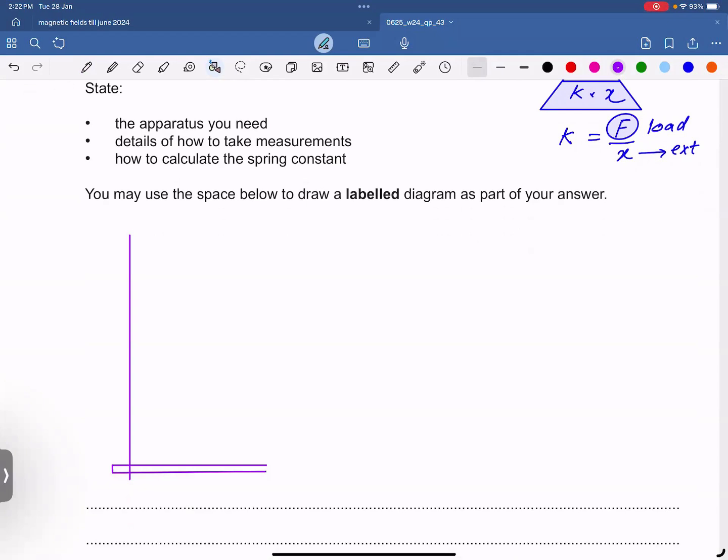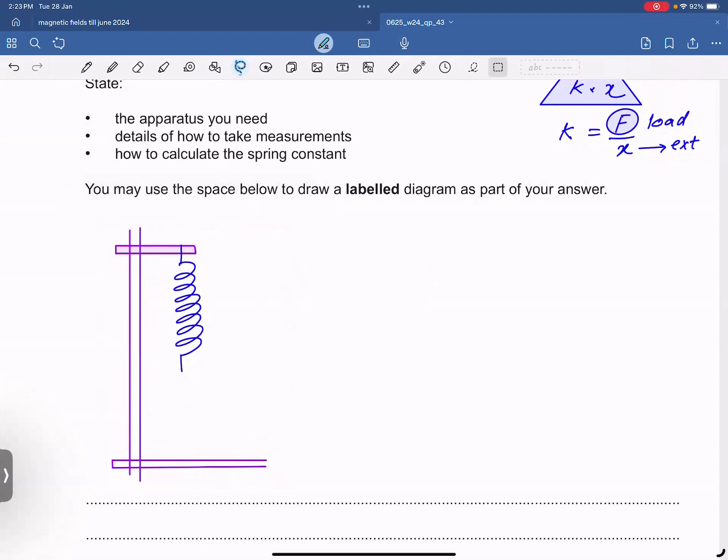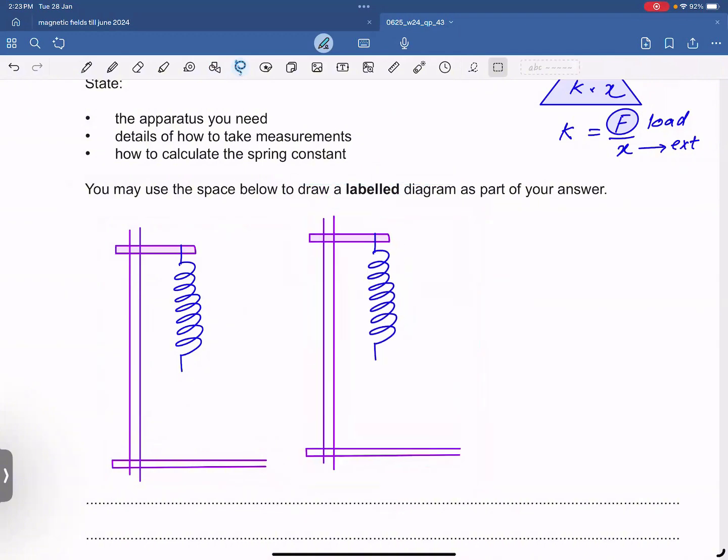Like that. And over here also, with the stand, you will have first of all a spring, which is without any load. And then the same setup you will repeat with load. So I'm just copying to guide you how this is going to work. So in this case, this spring, as you can see, this one,